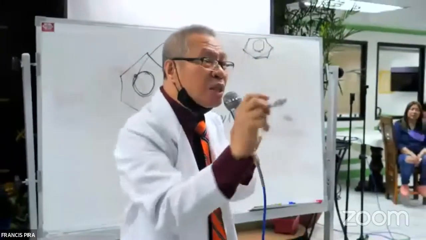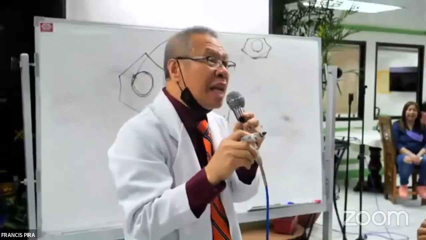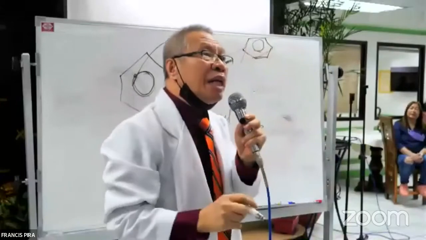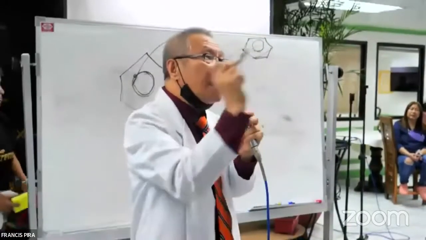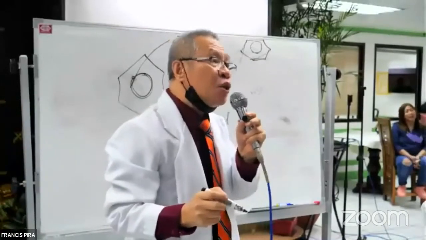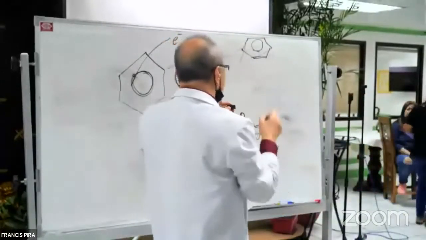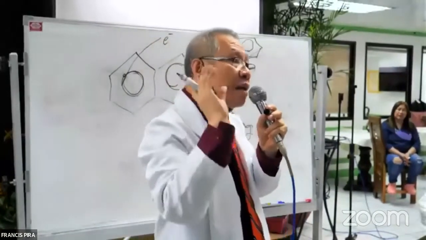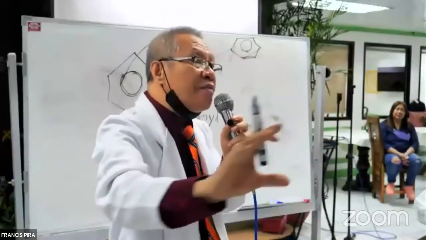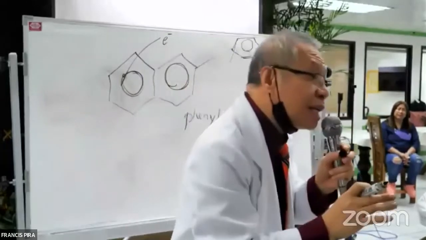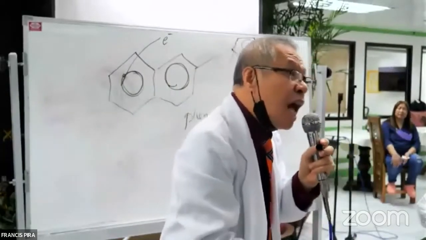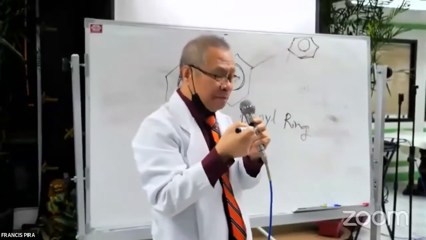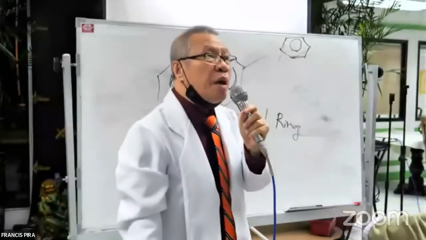What is the meaning of antioxidant? It is a molecule that can donate electrons. Where will it donate? To the free radical, so that the free radical will be neutralized. If the free radical is neutralized, what will happen? It will no longer be able to damage the blood vessel. If there is no damage to the blood vessel, then there is no cholesterol deposit, and there will be no atherosclerosis, and therefore it will prevent it. Did you get the idea? That is the power of the flavonol.